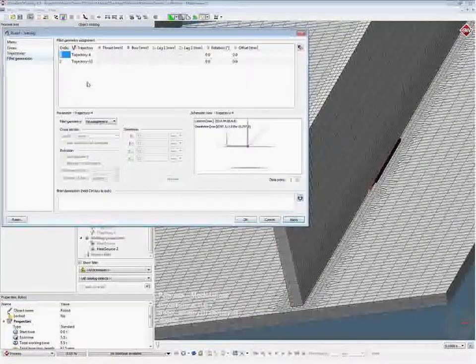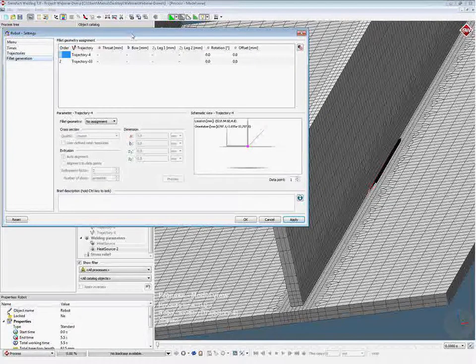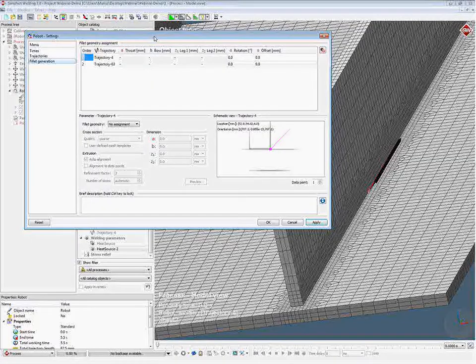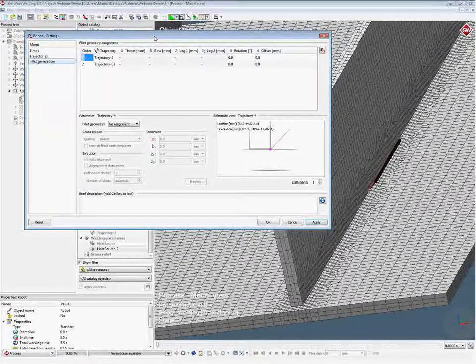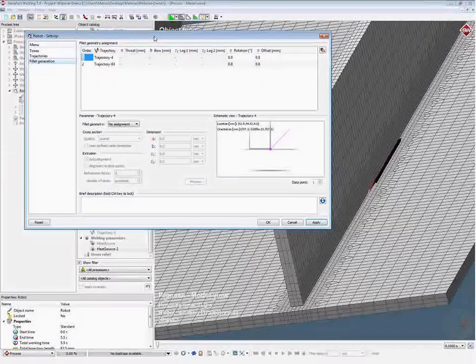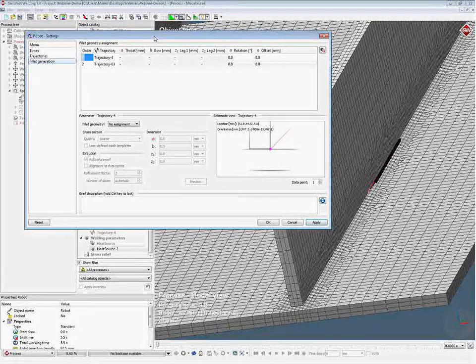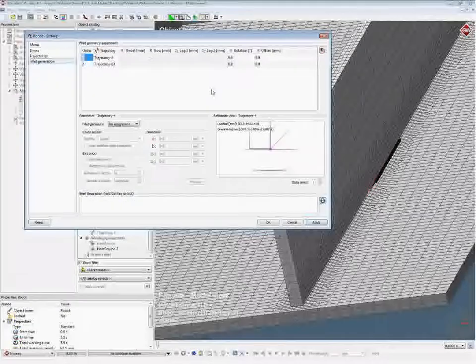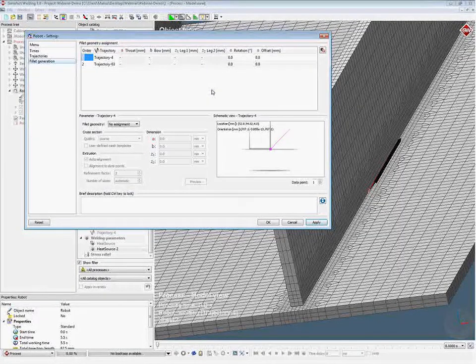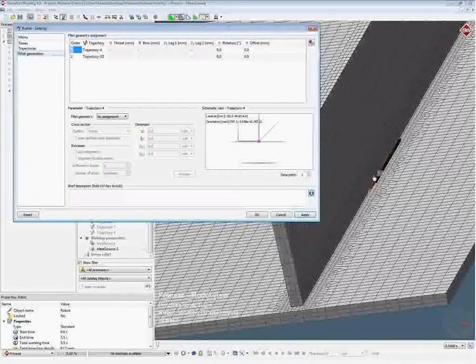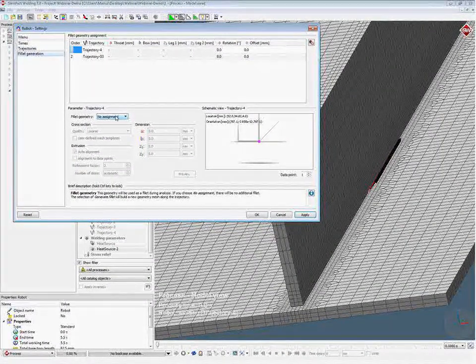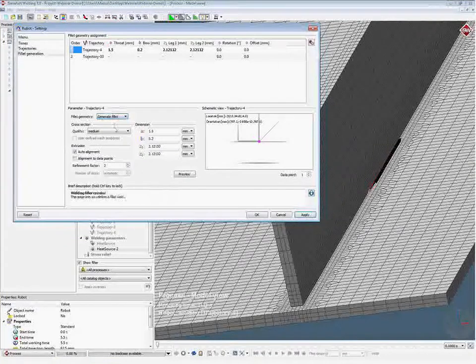Fillet generator is something that we have put in the software in order to have a very easy to use tool to set up fillet material. Usually when you use CAD data for your simulations, you don't have CAD representations of the weld lines. When you have them, then it is also okay. You can simply mesh them and then drag and drop them from the object catalog to your trajectories. But in most of the cases, you don't have this material. So we have this fillet generator, which uses templates,